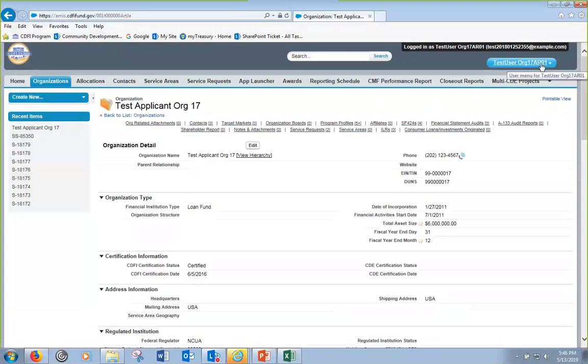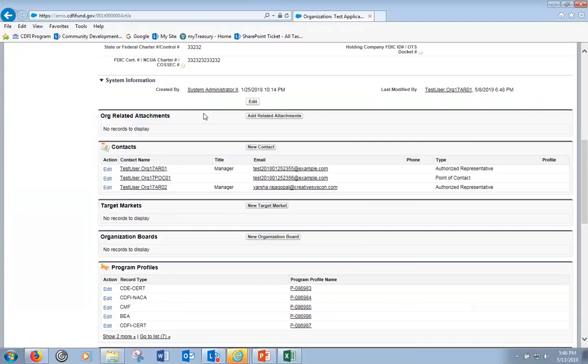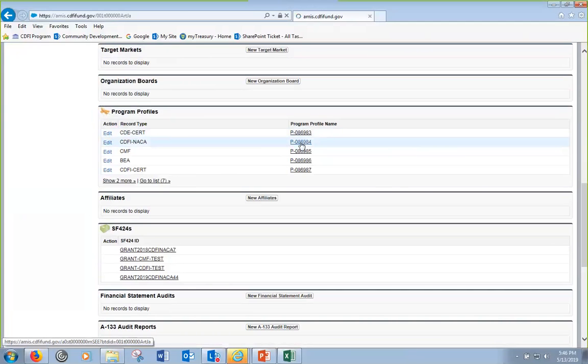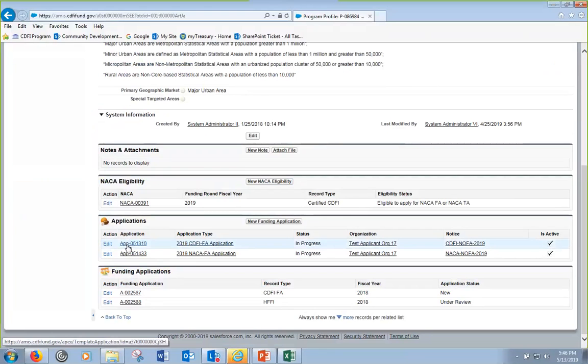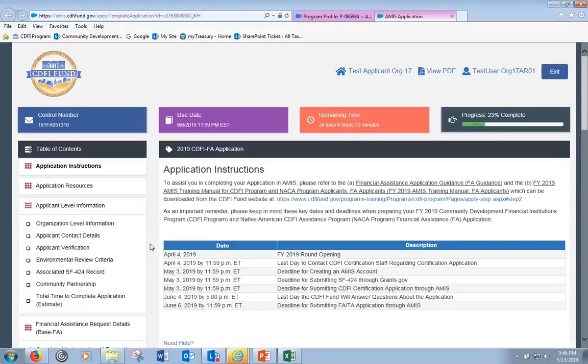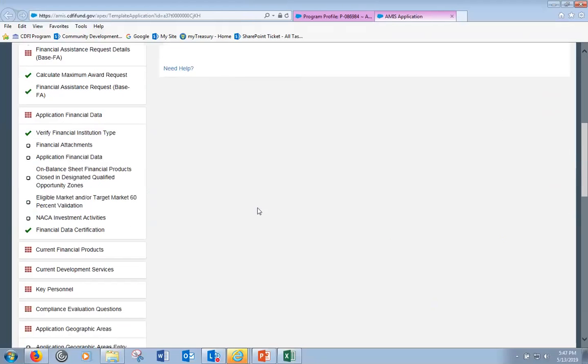And so I'm going to move over here to test organization 17, and I'm going to go to my CDFI and NACA program profile, and down at the bottom underneath applications, I can see that my FA application is already underway. And so I want to look here at a couple of things, and it's going to build on what we just did for test applicant number 8. But again, this has a little bit more data that's pre-populated,